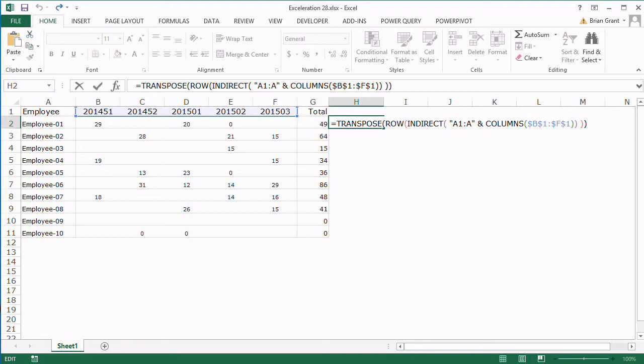Okay, so since we're kind of running out of room, I'm going to do this over multiple lines. I'm going to hit Alt-Enter to enter a line break into my formula. Usually not a good idea to leave those in there because they confuse people, but while you're writing, they're certainly just fine. Okay, so what I'm going to do is take this array and multiply it by